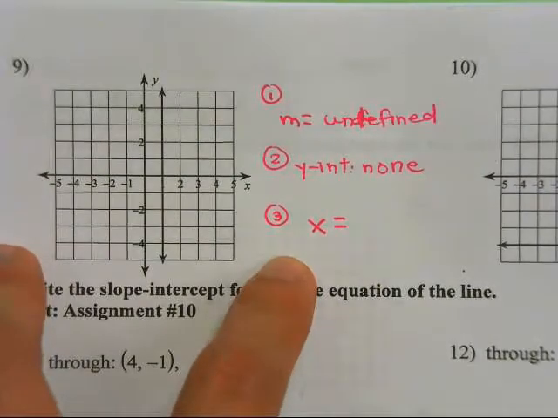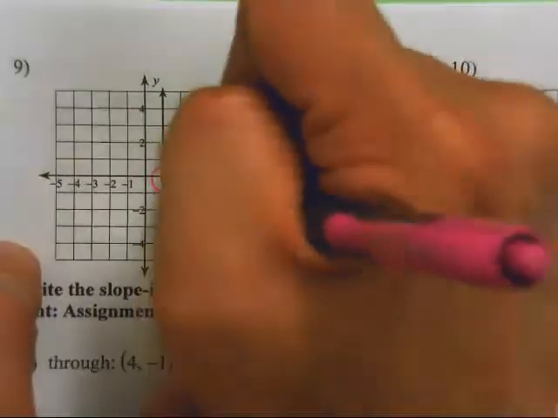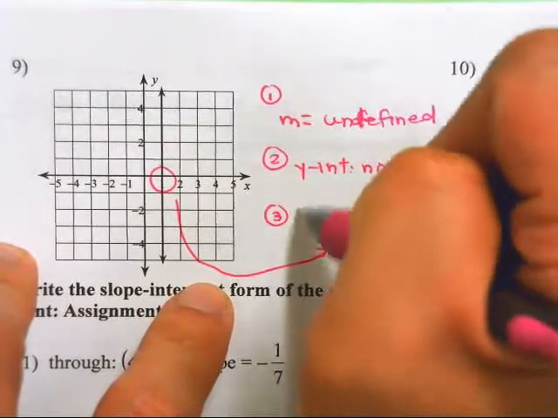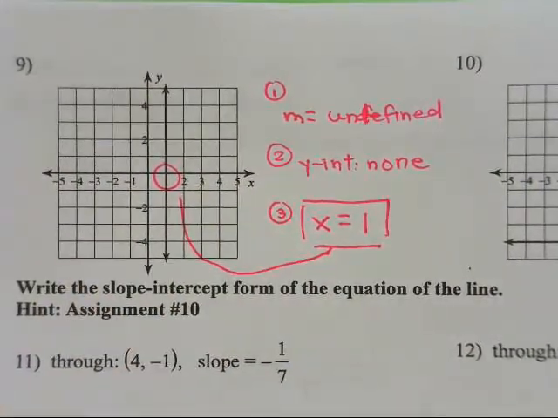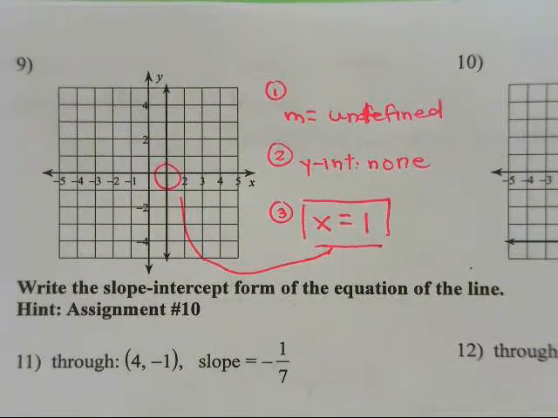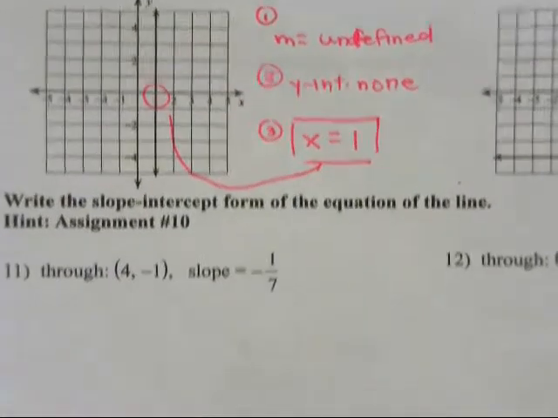X equals what? X equals 1 because it passes the x-axis at 1. X equals 1. So you still need those 3 parts: 1, 2, 3. Undefined, no y-intercept, but we can still make an equation. X equals 1. Okay. I definitely want to do the whole page except for number 10 because we haven't done